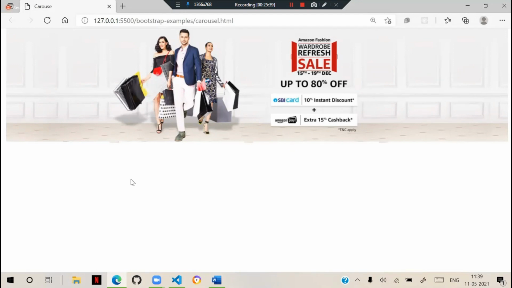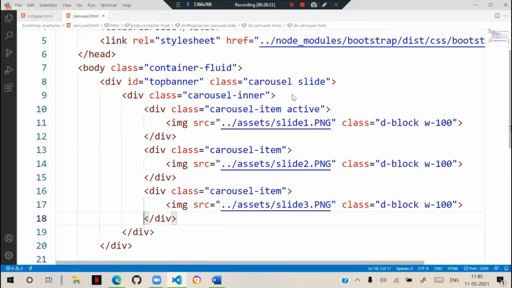We can handle automatic control with data-bs-ride equal to carousel. This starts the carousel. So BS ride.